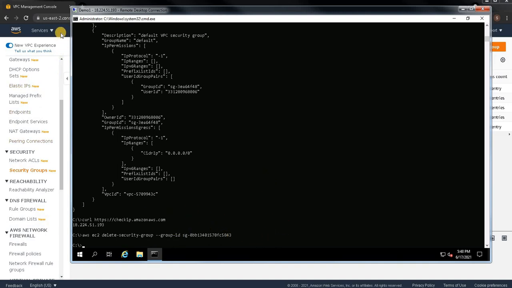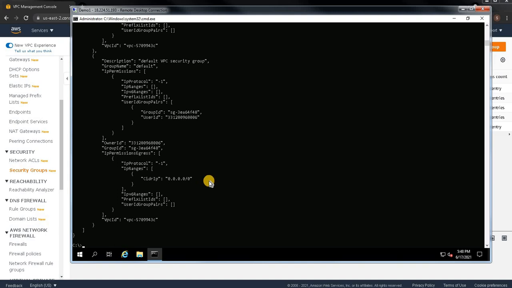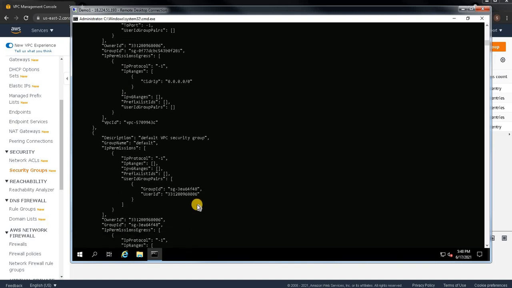Now to confirm, you can check via command prompt. Run the same command again and see if you are seeing my SG demo 1.